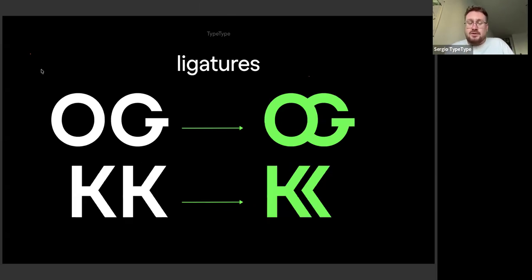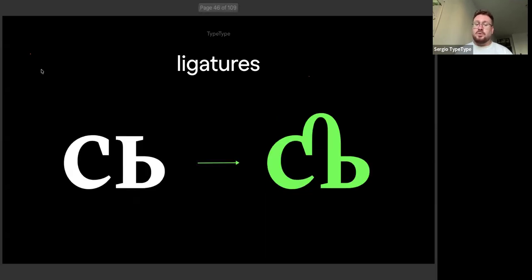There are also ligatures. They could be standard, like FY, FI, FL. You know them, most likely you've seen them everywhere. They are turned on by default. But there are also other ligatures, not as frequent. They could be rare, they could also be standard but not toggled on by default, and you might not know about them in the font. Like on this slide, for example, or if you work with Cyrillic fonts,